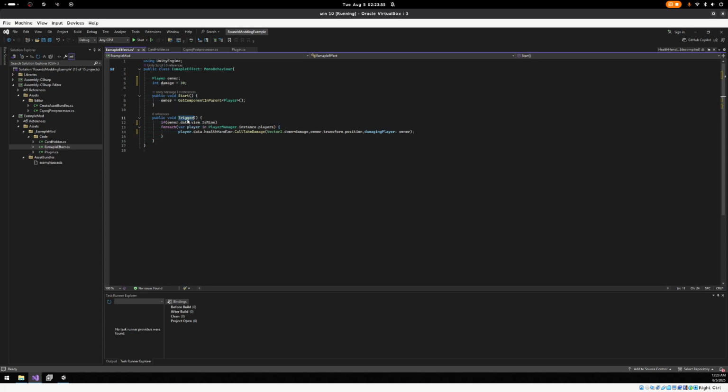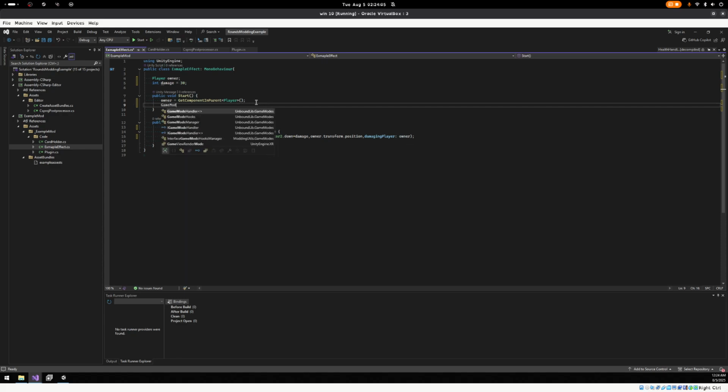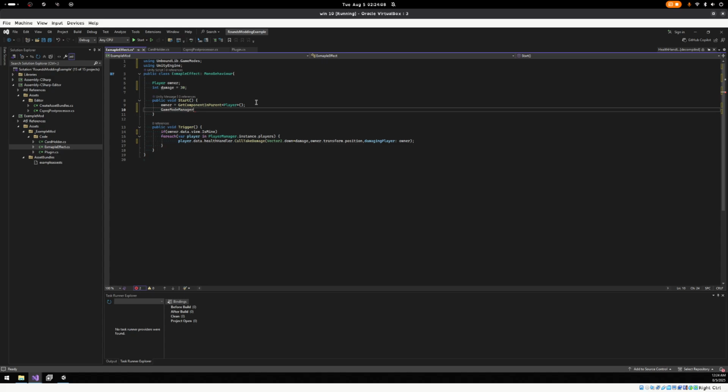But it doesn't actually do anything right now. We need to tell the game when we want it to do this. So the other thing we want to do in start is go GameModeManager.AddHook, and the hook we want to be GameModeHooks.BattleStart. So that's once the players are allowed to start fighting. And then we want to go